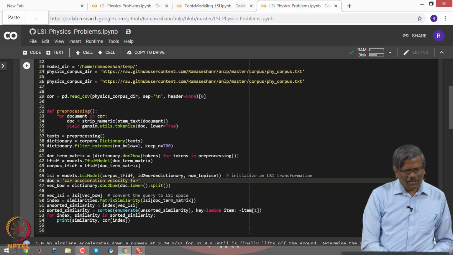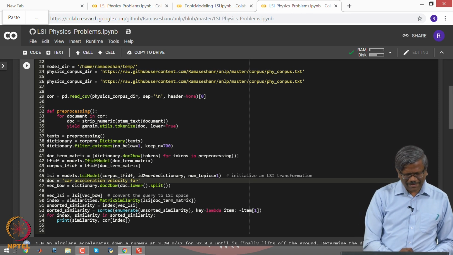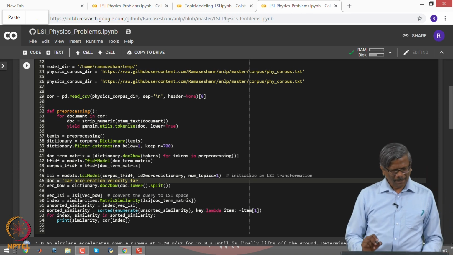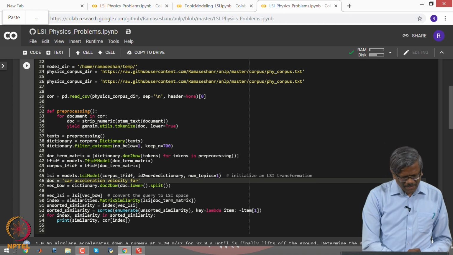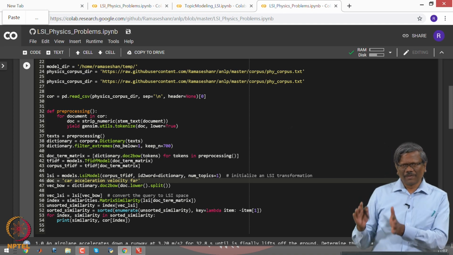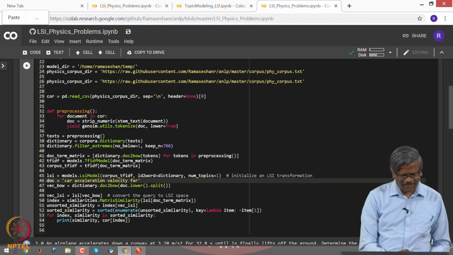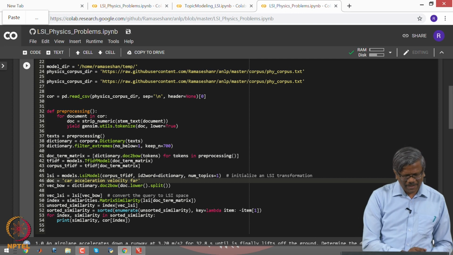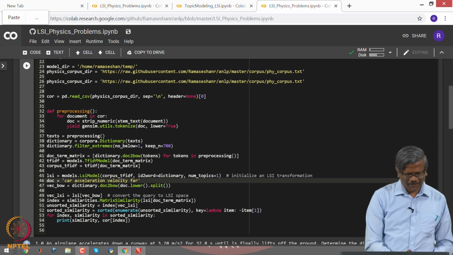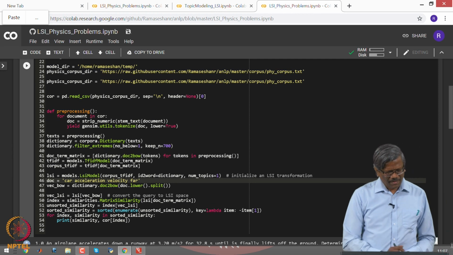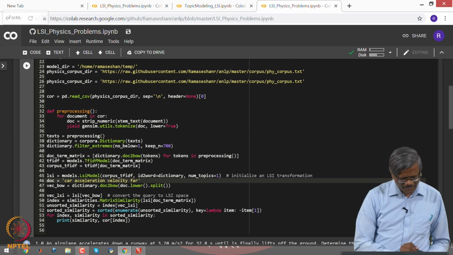And then the query document contains car acceleration velocity far. So, now I have to create a query in the LSI domain as well. So, again I create a dictionary of that and then create a vector for the query in the LSI domain. That is available in this.